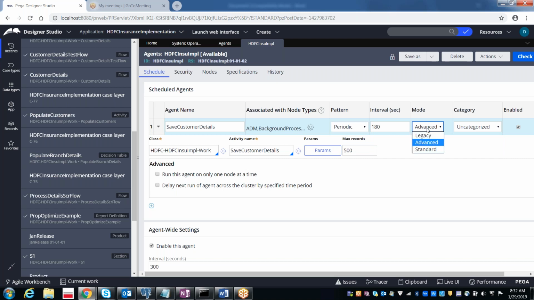Then we have standard and advanced agents. The advanced agents are mainly for performing background processing. In that there is no user intervention, so the work objects will be processed in the background. In that case we will go for the advanced, and this is just a category. Then you choose whether you want it enabled or disabled. If enabled, it will automatically start whenever the Pega server starts. And after that, the functionality which we want to perform, that activity we have to specify here,